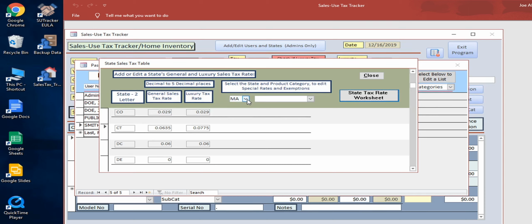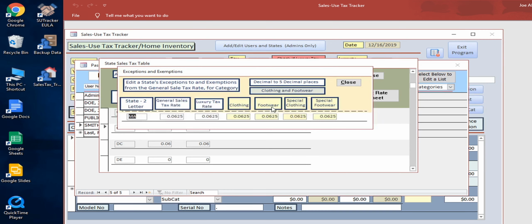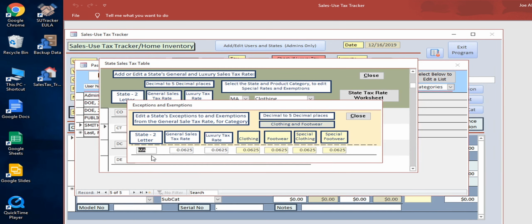In this drop down, which will default to your state of residence, you then have another drop down beside it, which shows you the 4 general special product categories. By populating with one of them, you get another subscreen showing you the state you're working in, the general and luxury rates, and what you're carrying